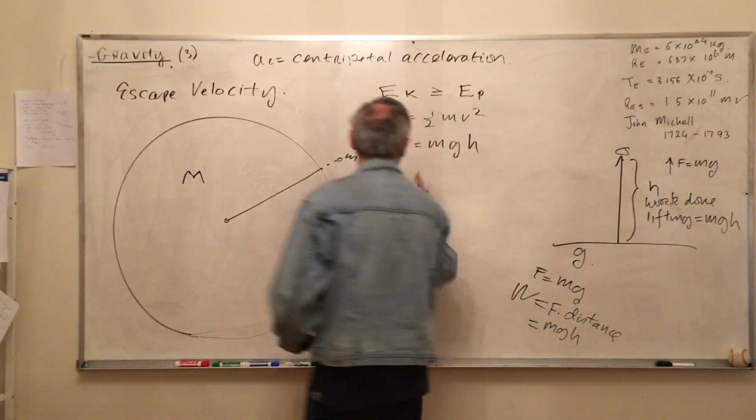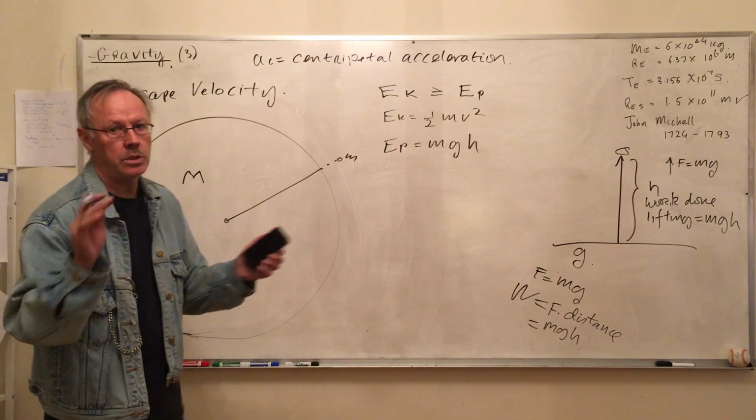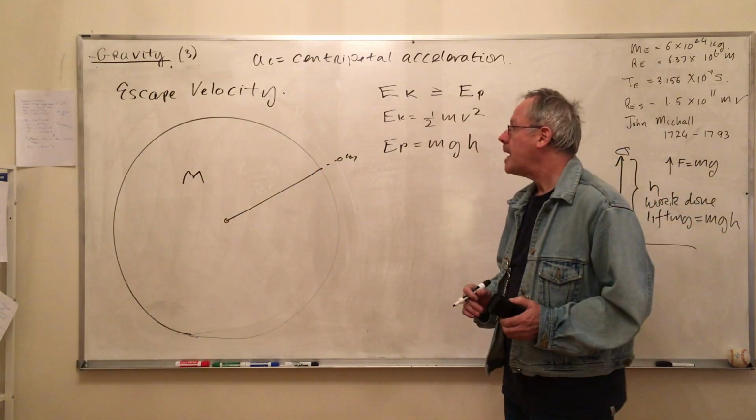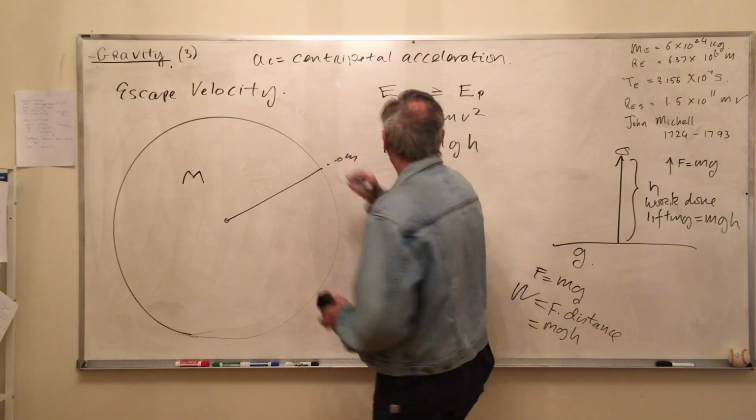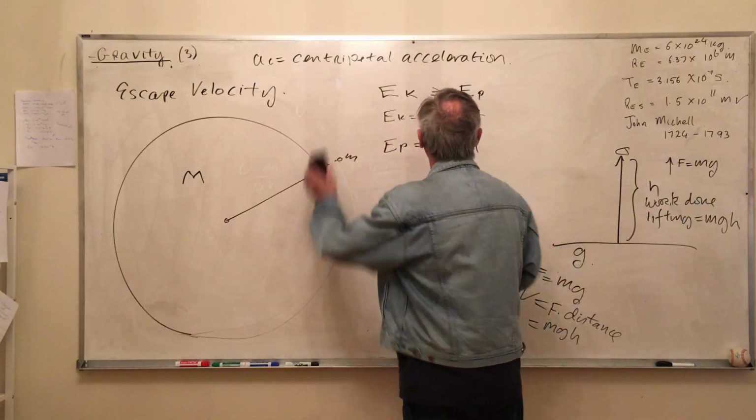The work done is mgh when you lift the mass. Now let's consider what happens, and this is not the right way to do it. The right way to do it is to work out an integral, but we don't have that math available. It's a hand-wavy argument. We're going to ask what the potential energy is of an object